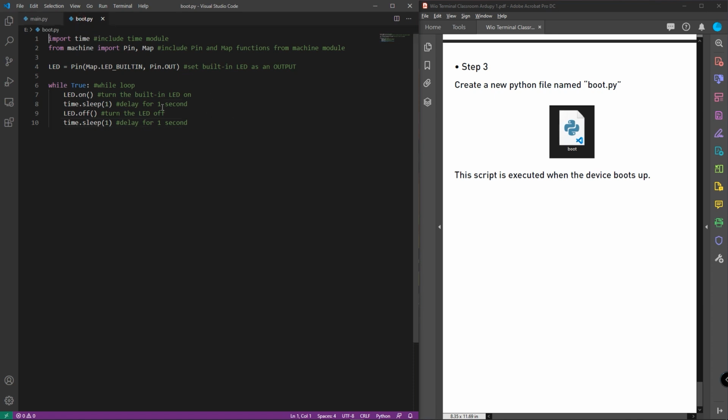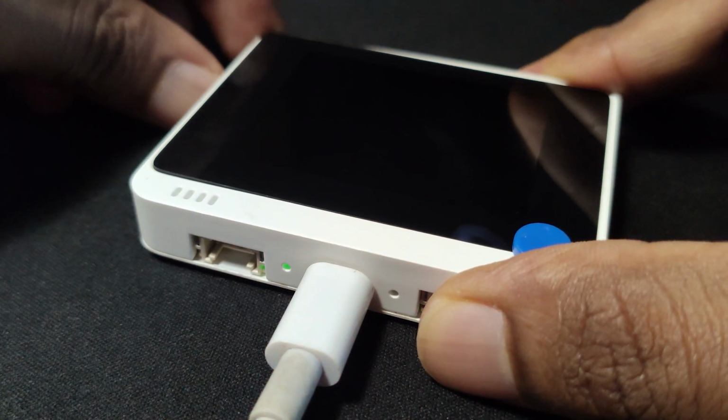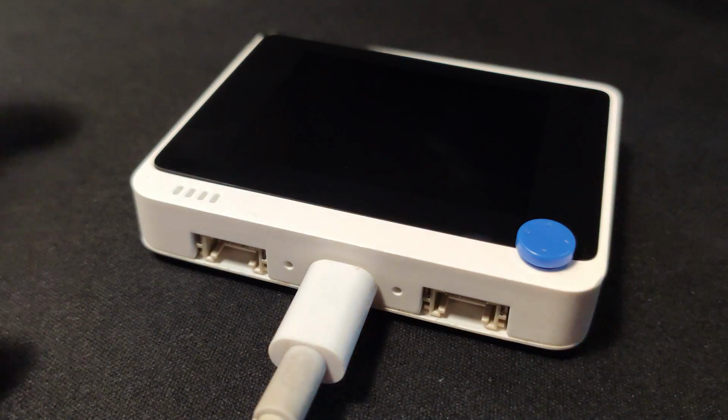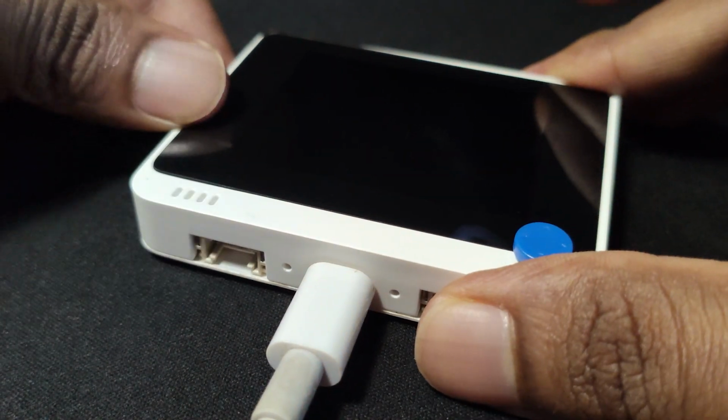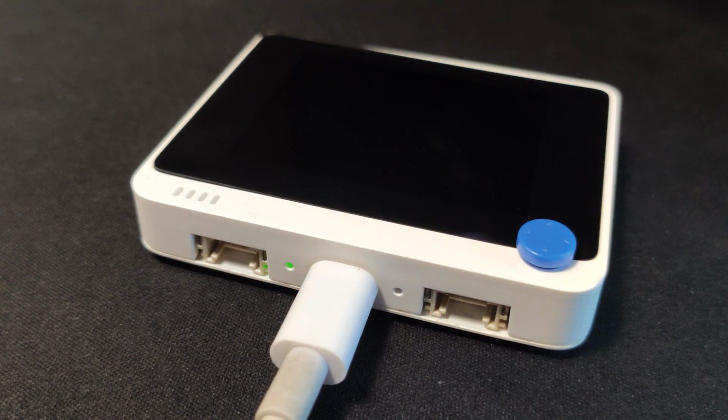So if you have the code inside the boot.py file, this script will be executed when the device boots up. So let's turn off the Wio Terminal now. Let's turn on again. And now you can see the LED starts blinking. That's because we have the code inside the boot.py file.